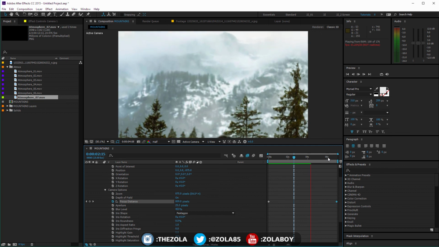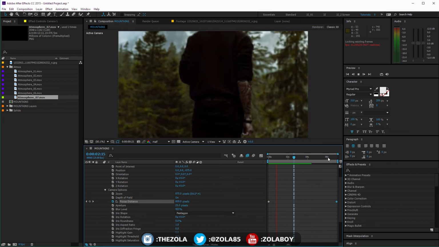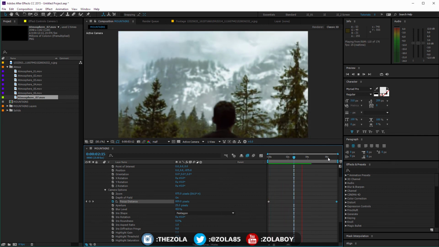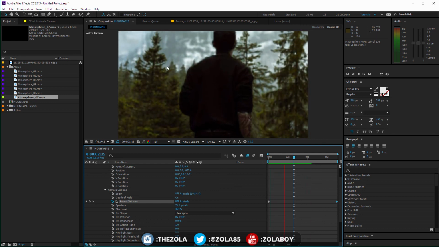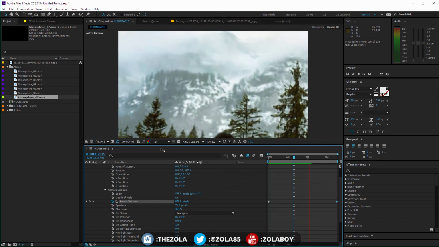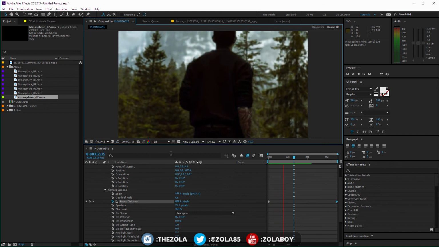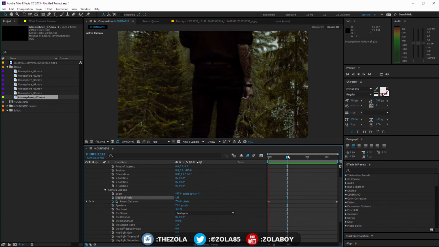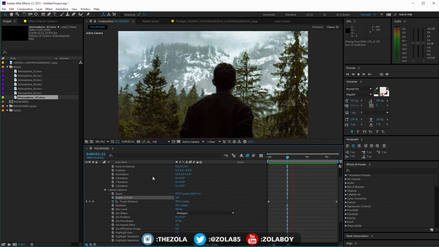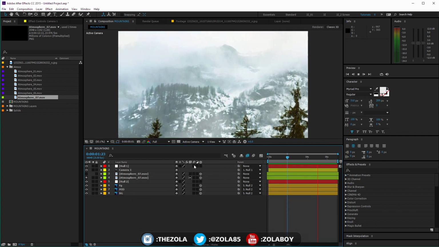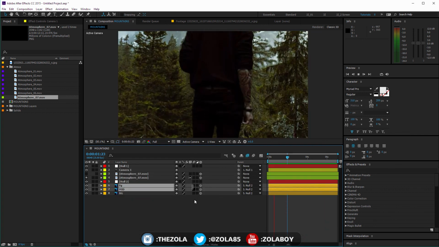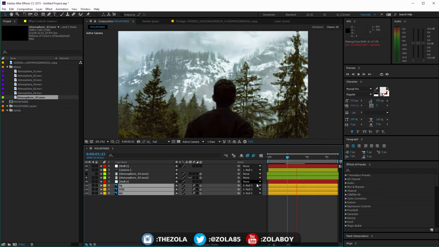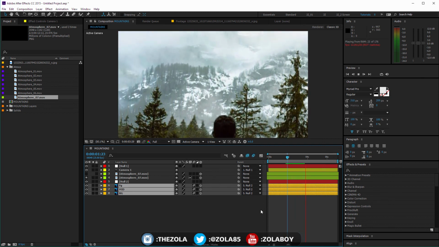I'm getting really impatient, so I'm just going to play this. There we go, we got a bit of smoke going on in there, atmosphere, and I've got this on half. If I play this at full and turn off the depth of field, it's going to need to update again, but you can see this is way quicker. The layers are not really moving quick enough for motion blur, because if we turn this on here, we're not really going to get that much motion blur.